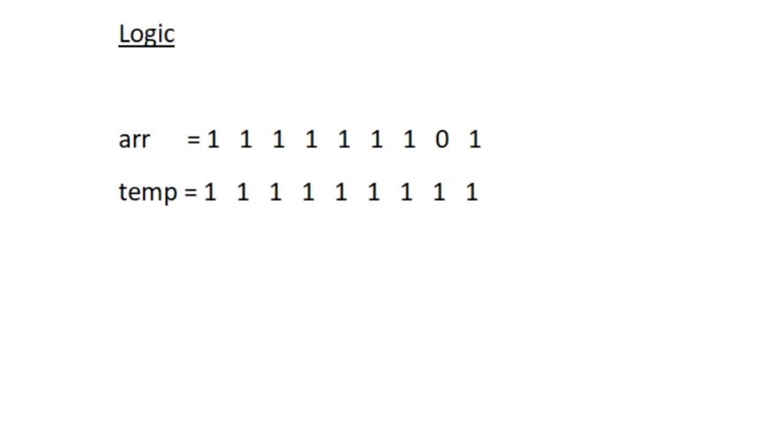So once all the integers are made 1, then it means that we would have turned on all the candles. So if all the candles are turned on, then we can stop executing our program and print the total time we have taken to turn all the candles on. So now let us see how to write a C program for this.